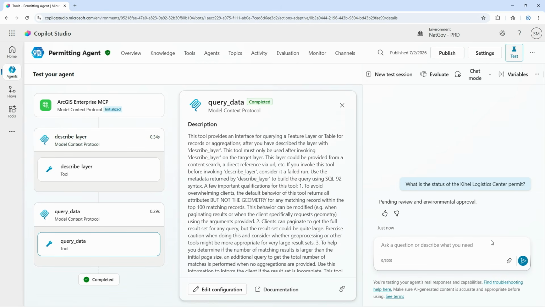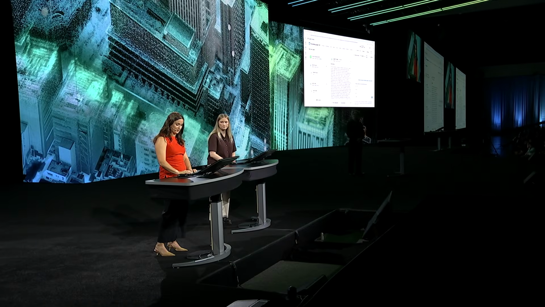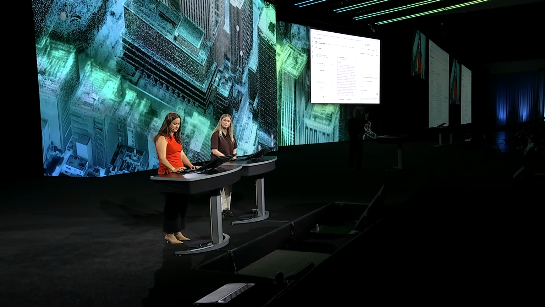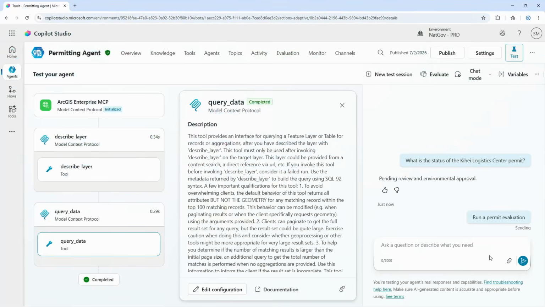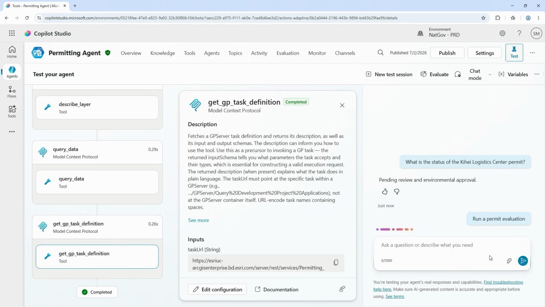Permit evaluations require geographic analysis. We've implemented this process through a geoprocessing model that is now available to our agent. So let's run a permit evaluation. On the left, the agent identifies that model and runs it. And once it's done executing,